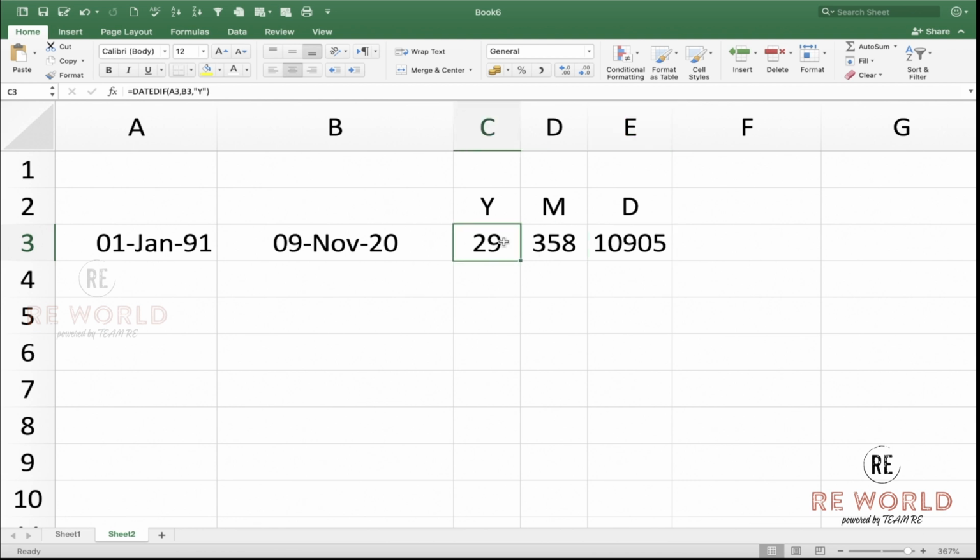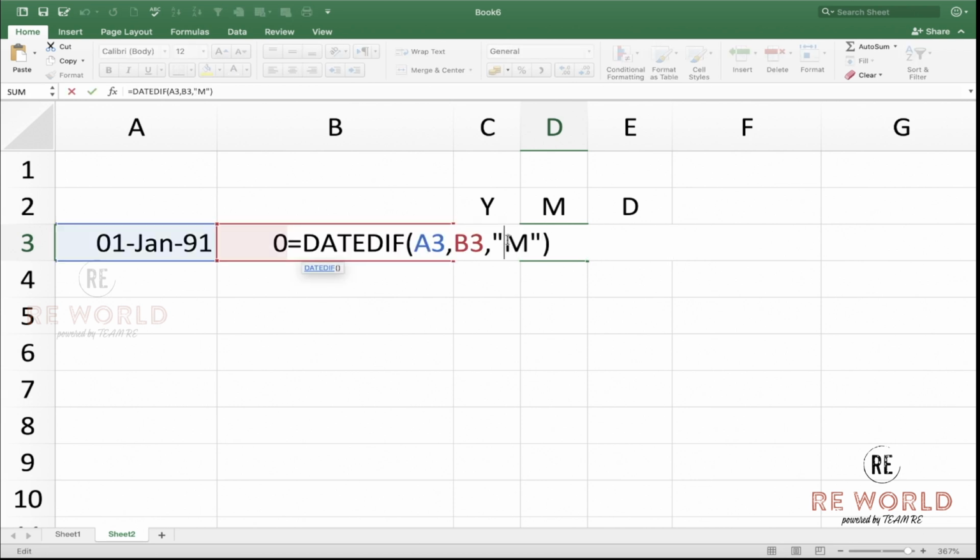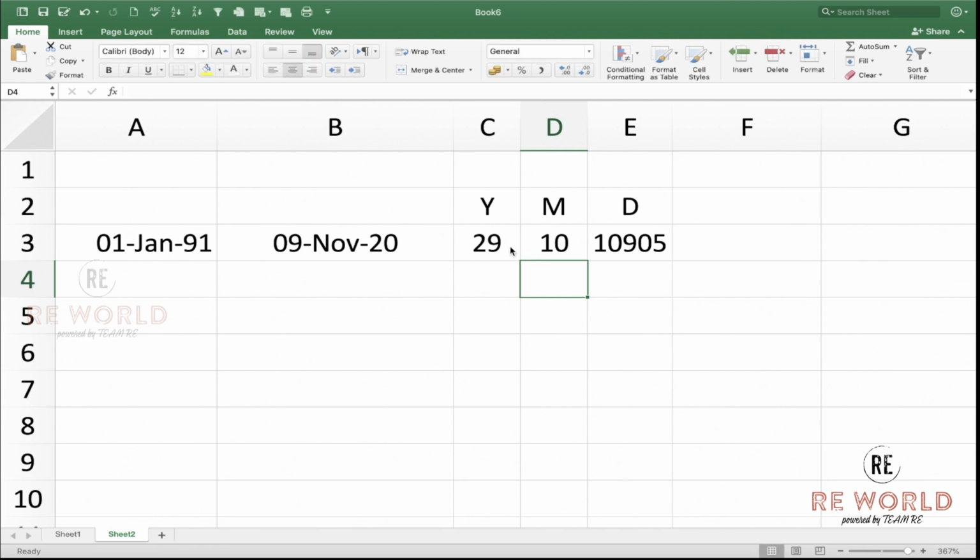days. So here 29 years, but in order to get the remaining months I just need to make it YM. Now these are 29 years, 10 months. Okay, it will take only the months between these two dates, not the years. It will skip the years, it will skip the days, and it will take only the number of complete months.